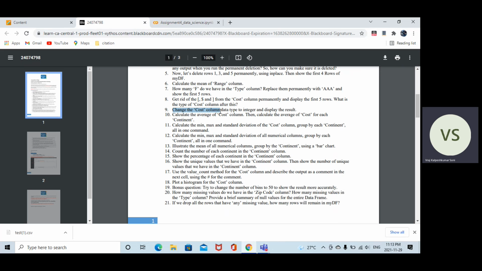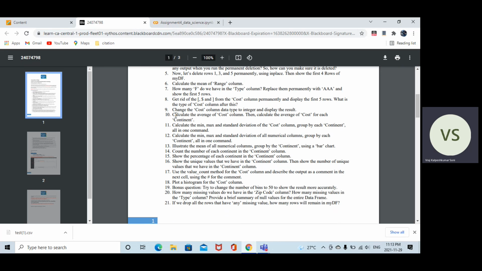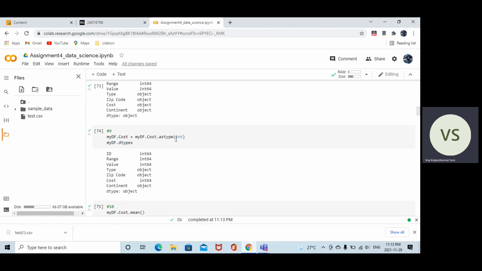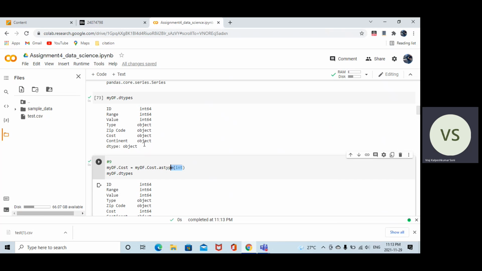Next, change the cost column data type to integer and display the result. It is very simple. So I use this. I converted this to int.